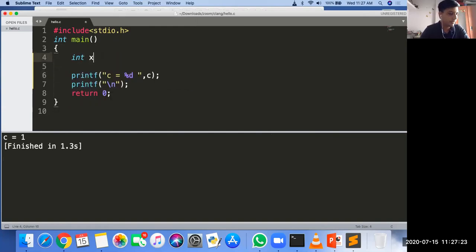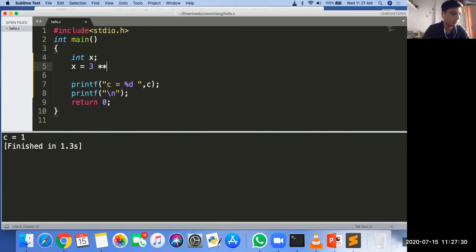integer x is there, and x is equal to 3 star 4 minus 7 raised to 8, and here we are printing x. So quickly tell the answer.